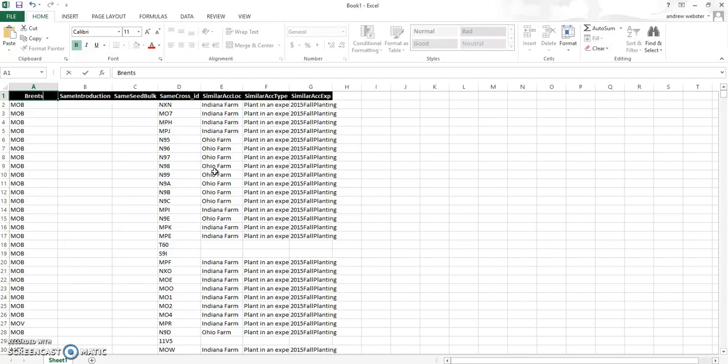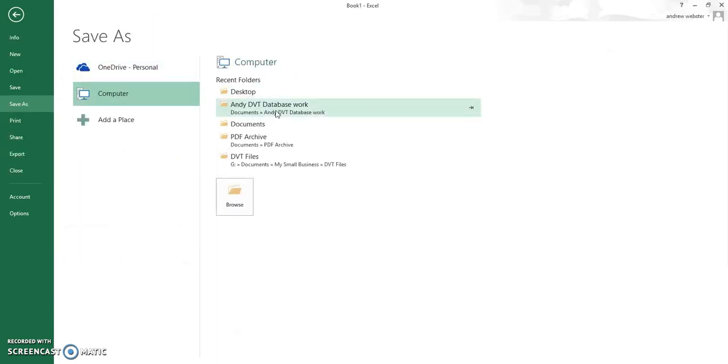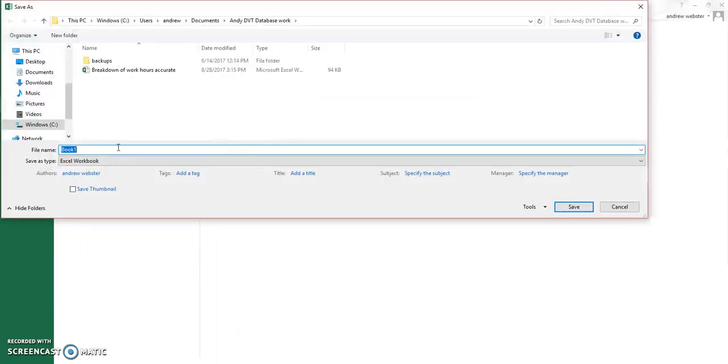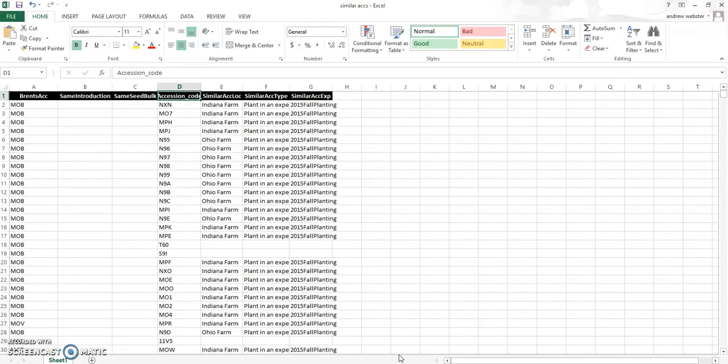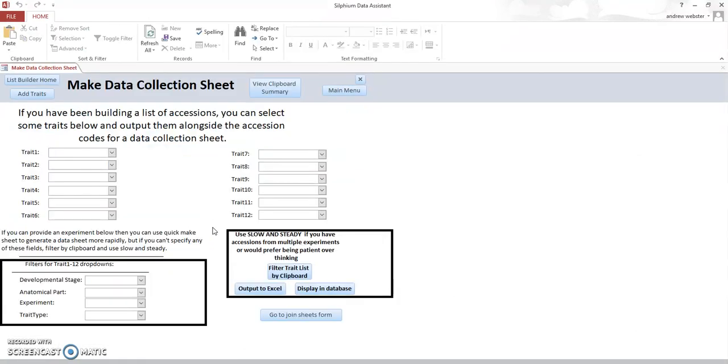Say, run accessions for that first column that we had, and fortunately we only have one type that we found here, so we can just change that to accession code and save it as similar accessions. And I actually already checked this one, so